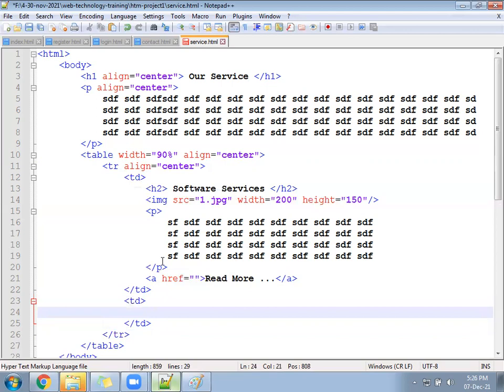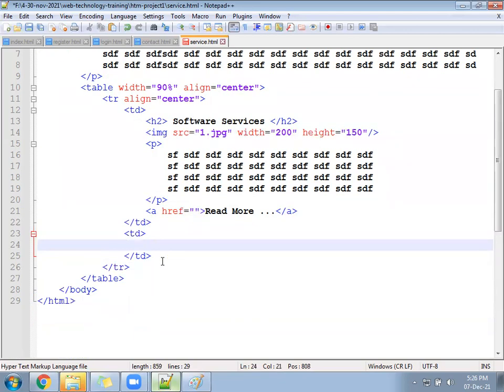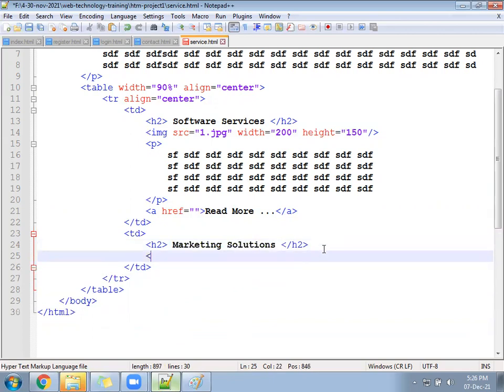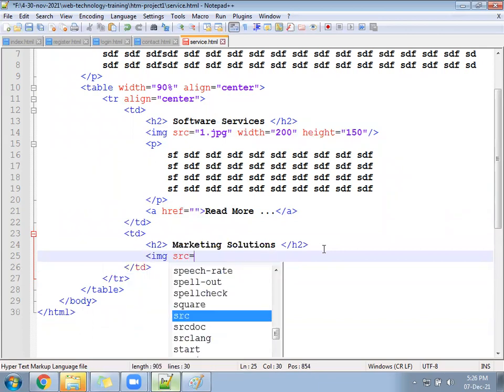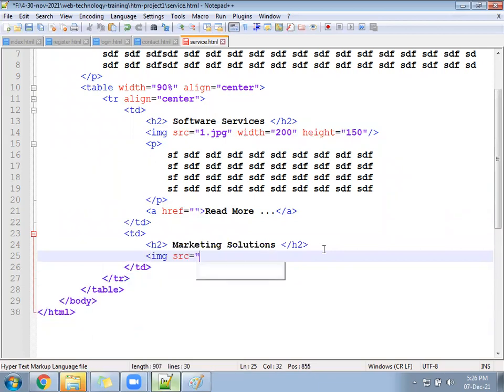There also a similar structure, H2, marketing solutions. Next, IMG SRC equal to 2.jpg.